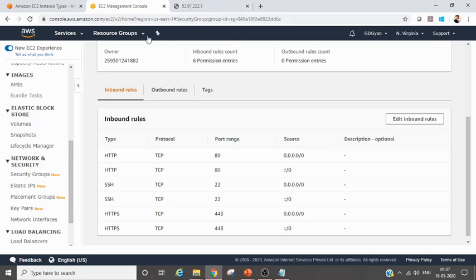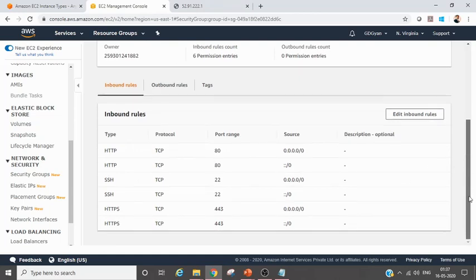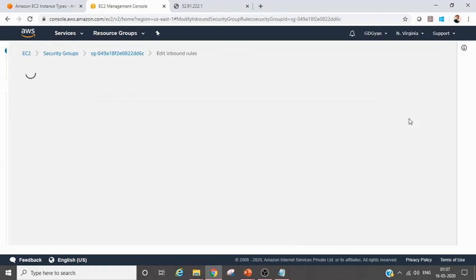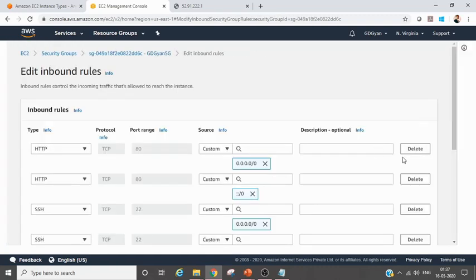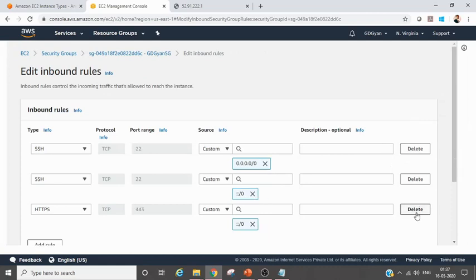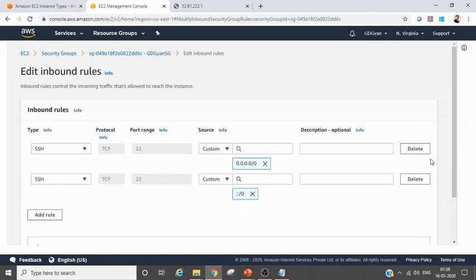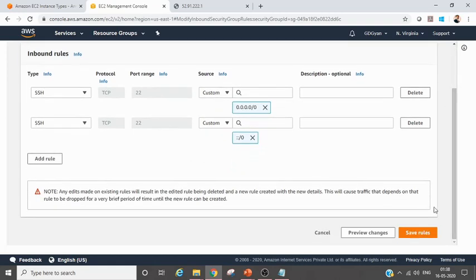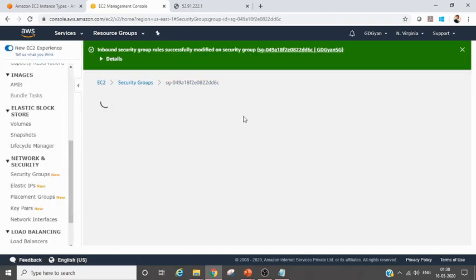Now by default everything is denied. So for example, if I delete HTTP, let's delete that, HTTP, even HTTPS also, though I'm not using the secure socket layer but a secure protocol, but let's do that. Now let's try opening this website.